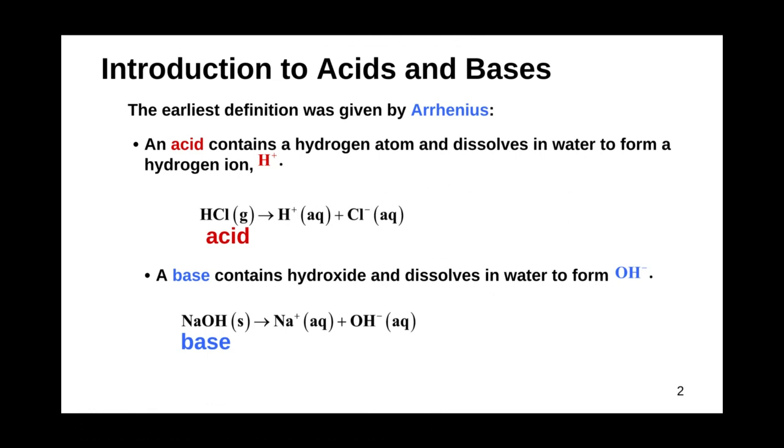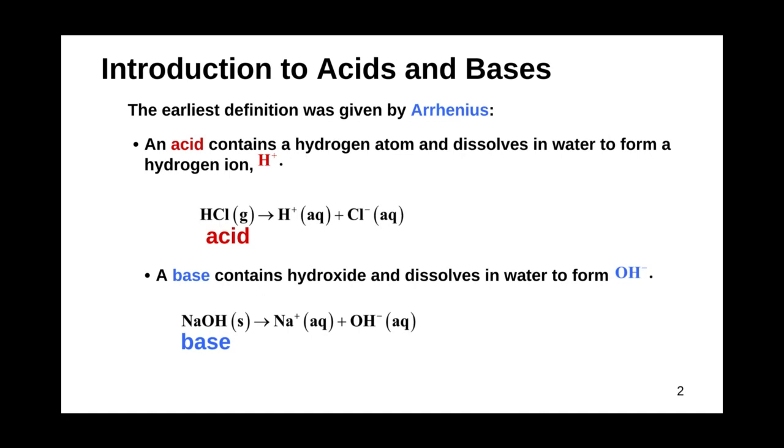But when we're thinking about acids and bases, the earliest definition was given by Arrhenius. We haven't covered Arrhenius before, but he's a really important physicist and chemist. As you progress in potentially physiology, you'll learn a little bit more about Arrhenius, if you go the route of physiology, of course. But Arrhenius gave this early definition, and we don't really use it as much anymore.